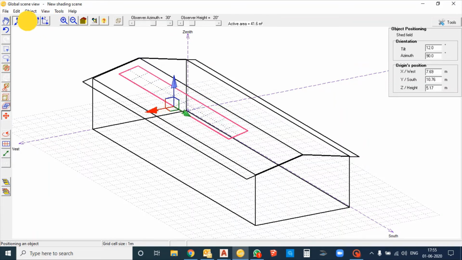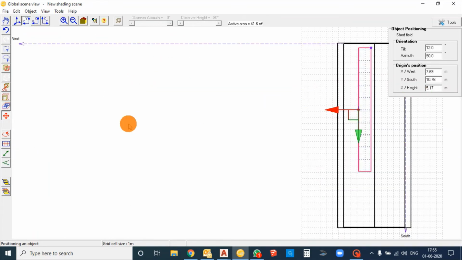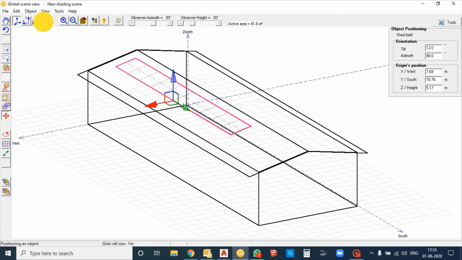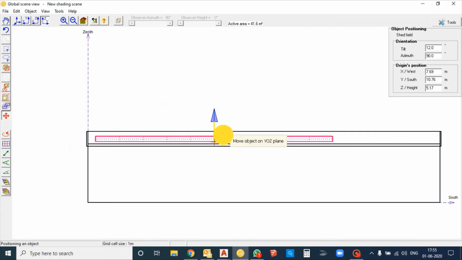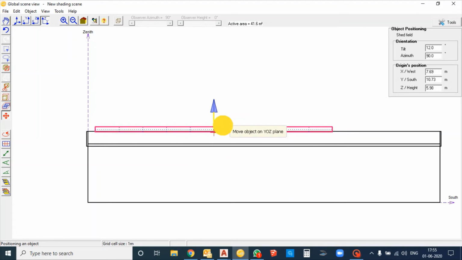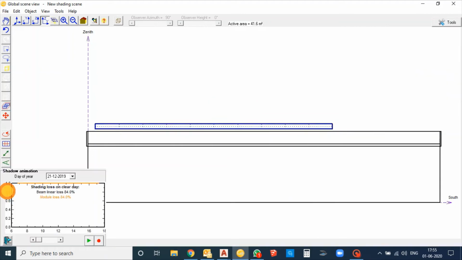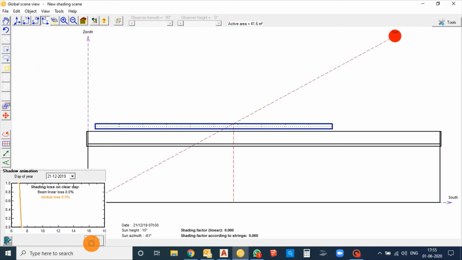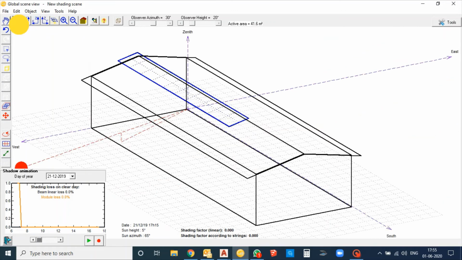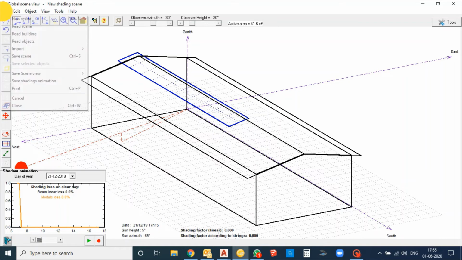You can see the position of the PV shed area, a little above the roof, and again simulate it for the shadow region. So you can see the module losses have been reduced. Module losses is 0%. Now you can proceed.